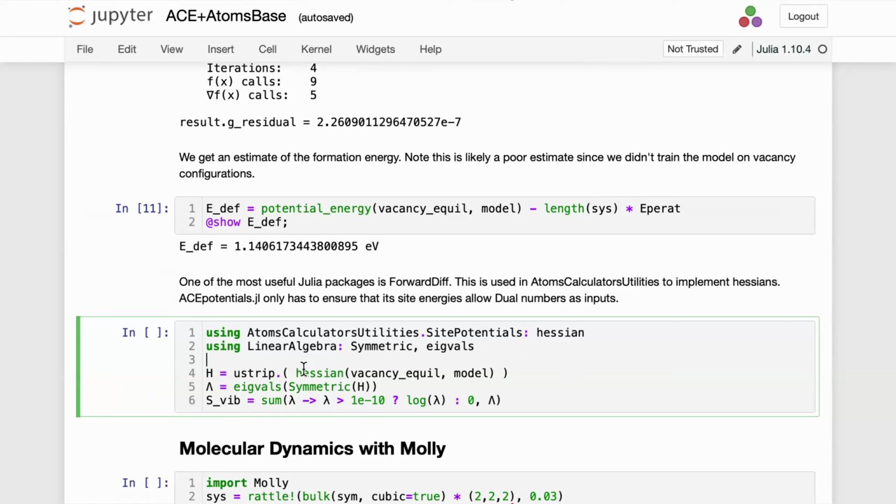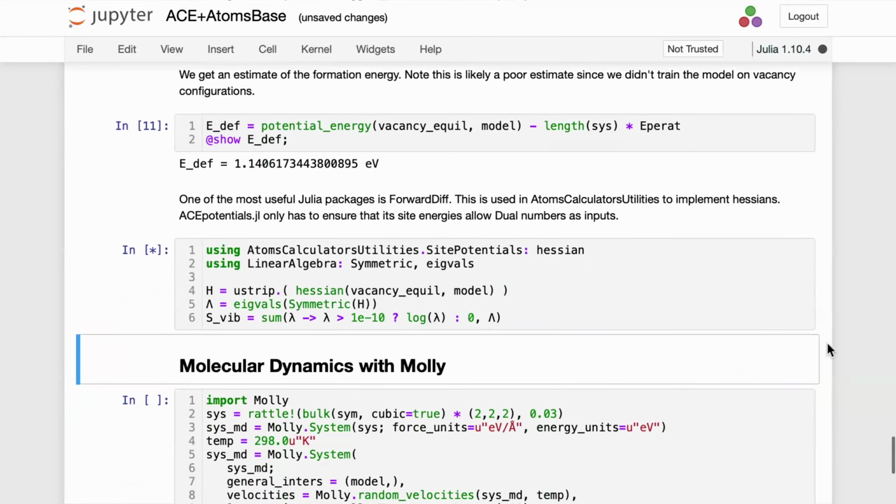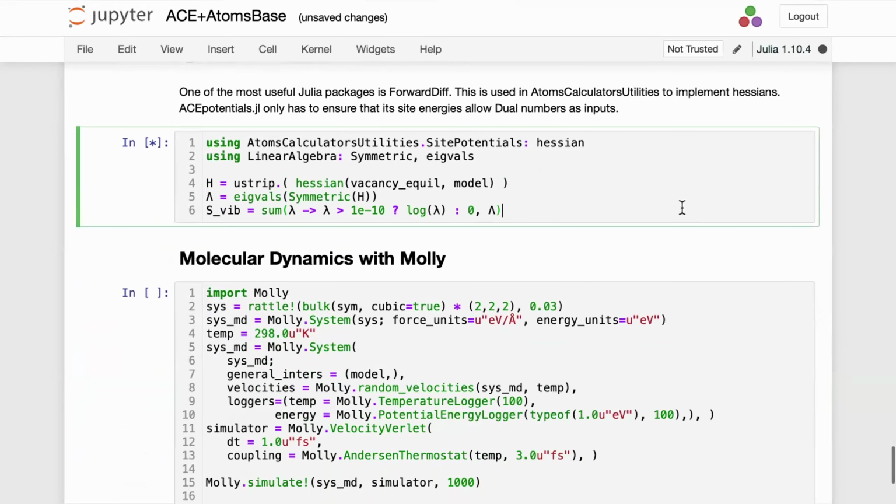This is done with a few lines of patching ACE potentials together with AtomsCalculators utilities. And so with that you can compute Hessians and the spectrum. Once you have the spectrum, you can then compute the vibrational entropy. And basically the only thing I had to make sure of is that the